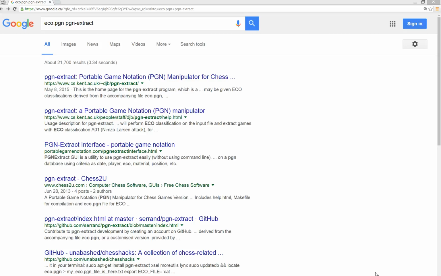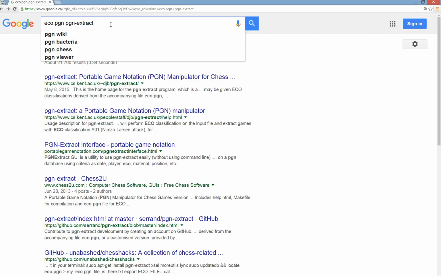The first step is to create a comprehensive database that contains all the openings that could possibly occur. Then from that list we're going to select the ones that fit our style, the list of openings that we're going to play, the repertoire that we're going to build for our chess study. So the first step is to download this database, eco.pgn, and